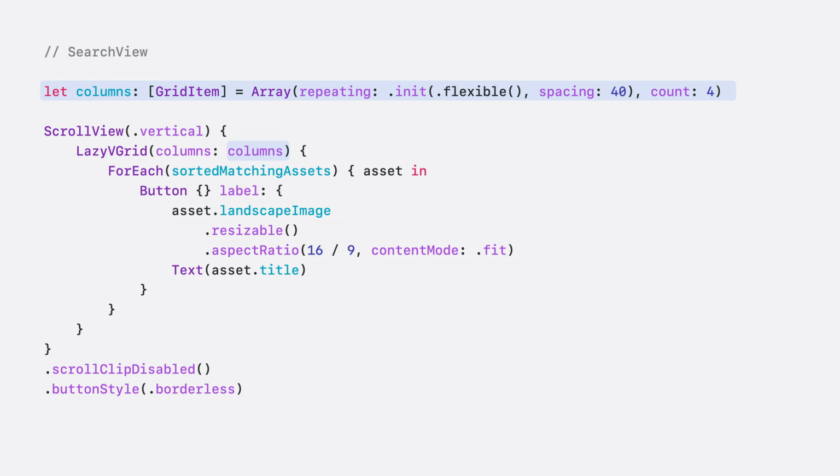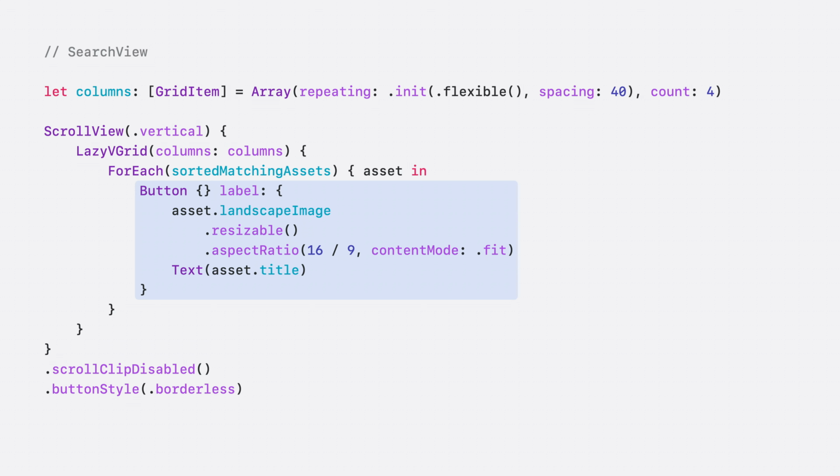Once again, I'm going to let the aspect ratio modifier and SwiftUI's layout machinery do the work of figuring out the actual sizes for my items. The lockup itself is the by now familiar button, though now that it's scrolling vertically, I've used an image with landscape orientation to fit more content along that axis.